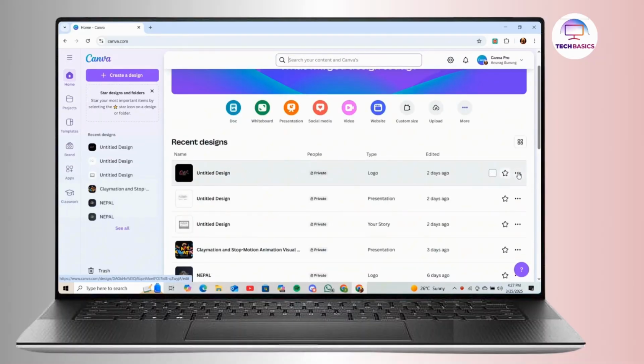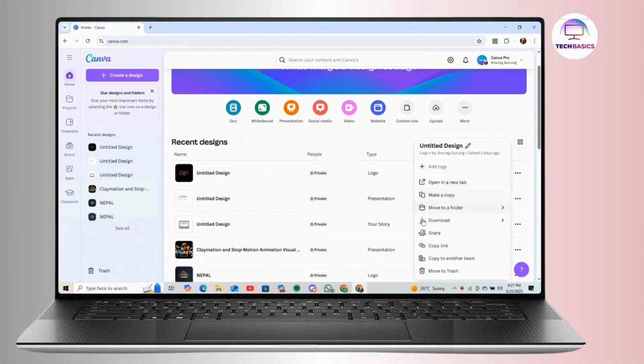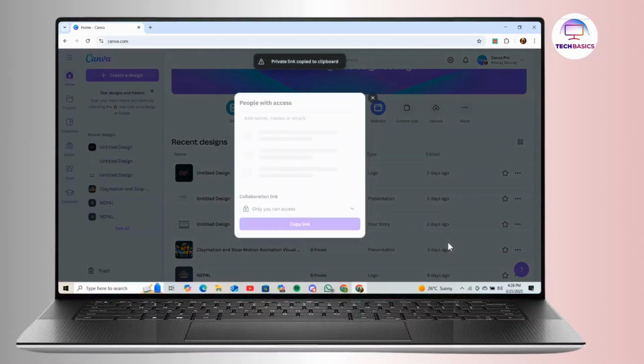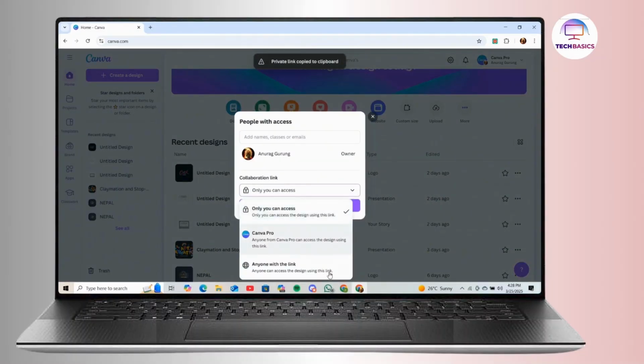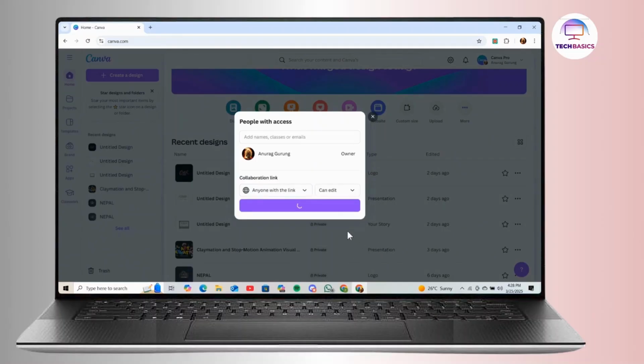Now click on the three dots icon as shown on the screen, and from the drop down menu simply tap on the option labeled as copy link, and a pop-up menu will appear. From there simply change the collaboration link to the anyone with the link option, and once you're done with that simply